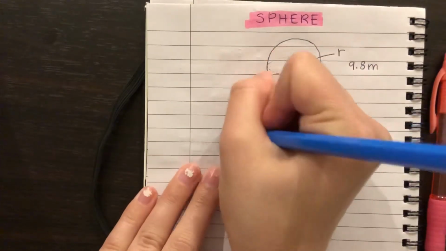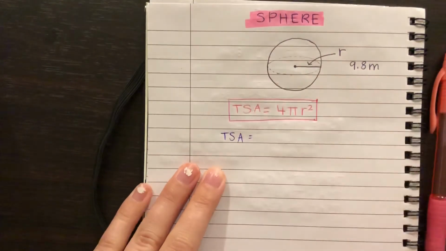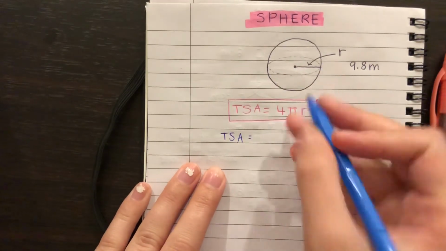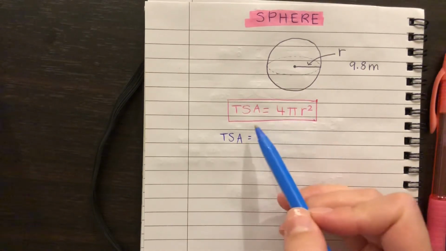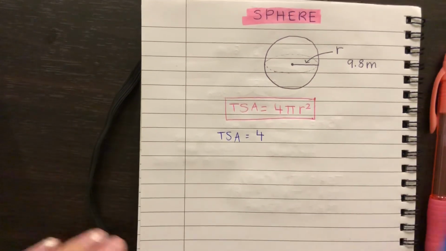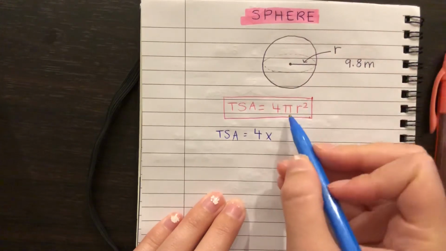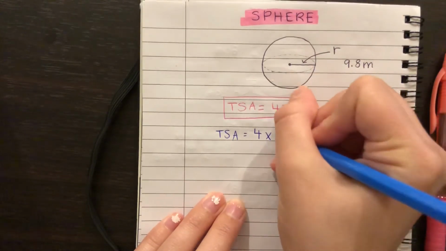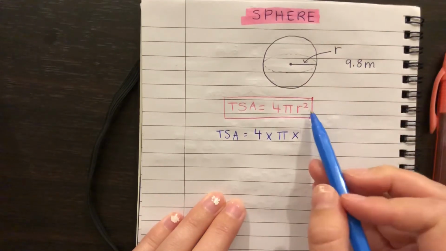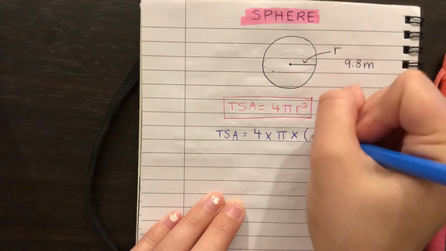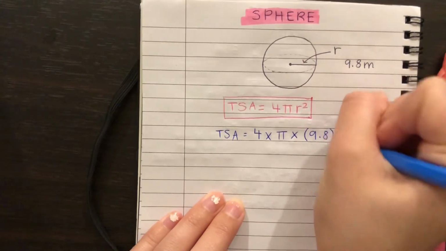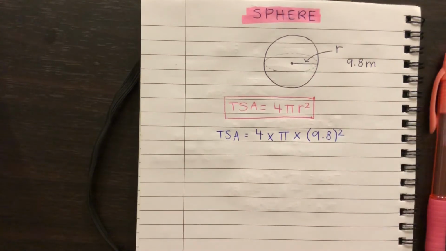The TSA equals 4. Remember, no gaps equals imaginary times sign. So times, and then the pi, and then times the radius squared, which is 9.8. Okay, so one step,